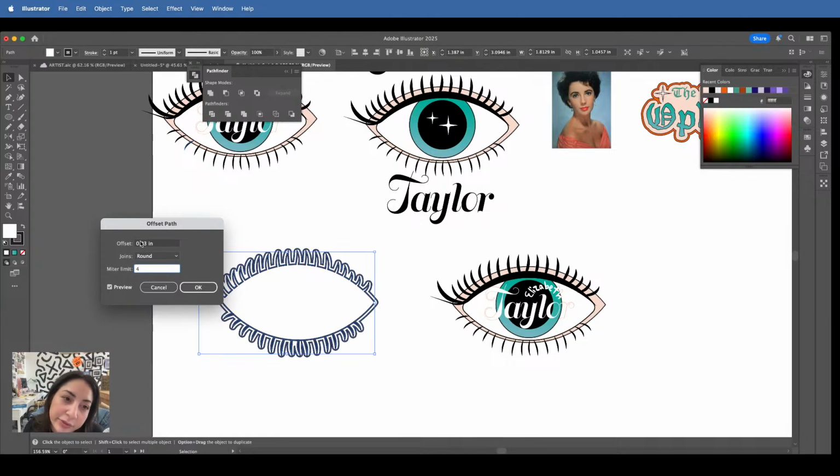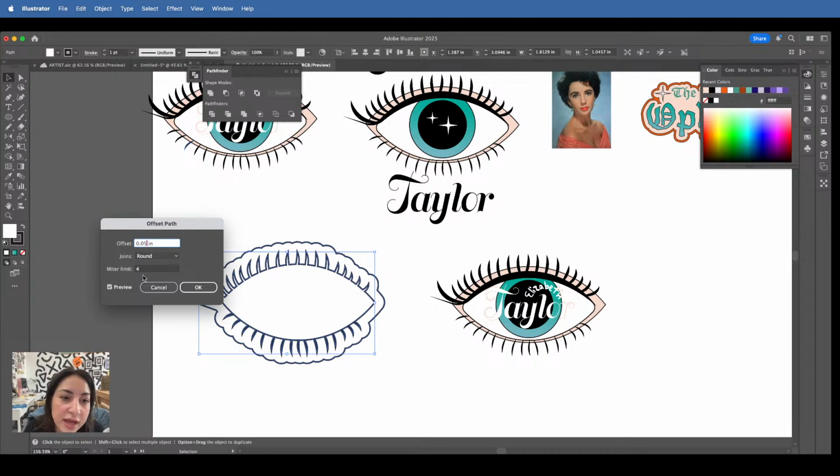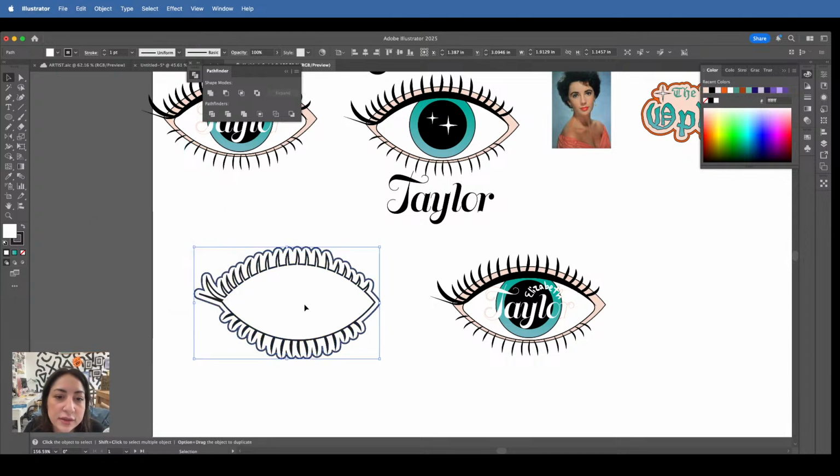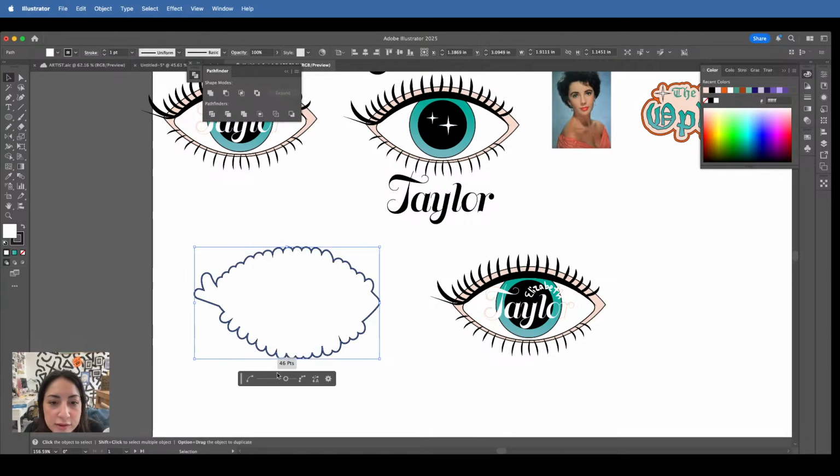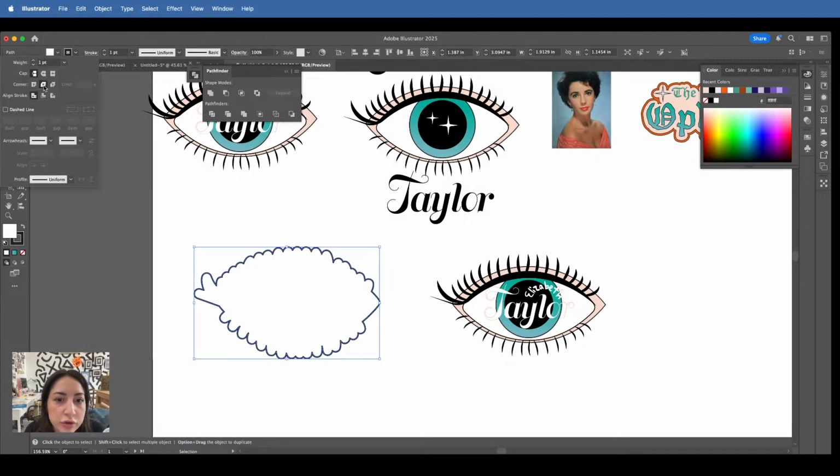That seems a little small, so maybe 0.1. That's a little big. 0.05. Let's start with that. Get rid of this. I'm also going to hit it with the simplify and change the stroke to outside.